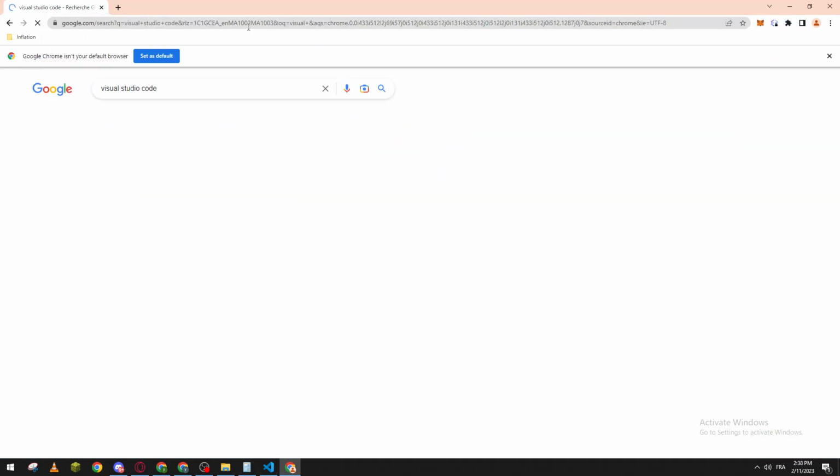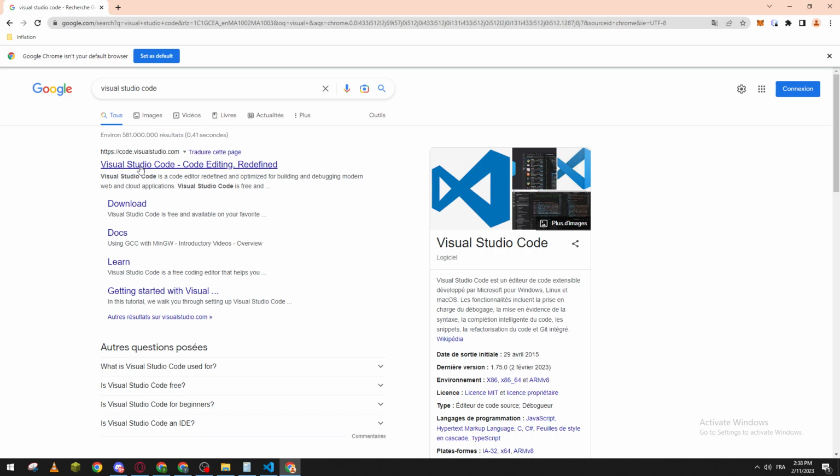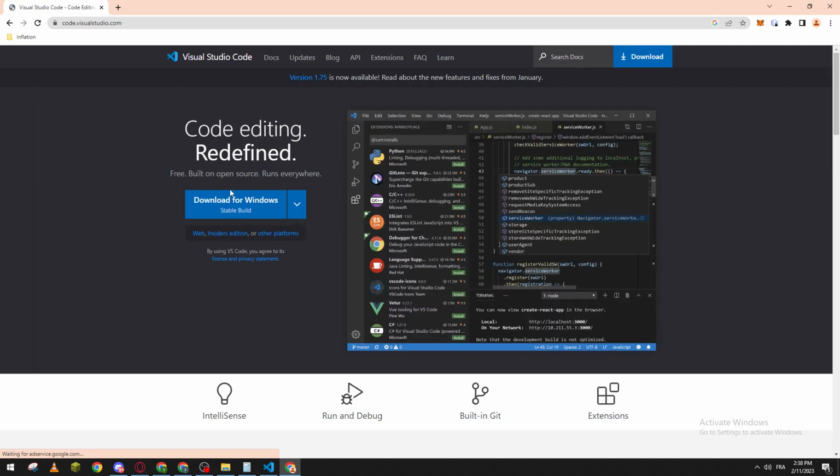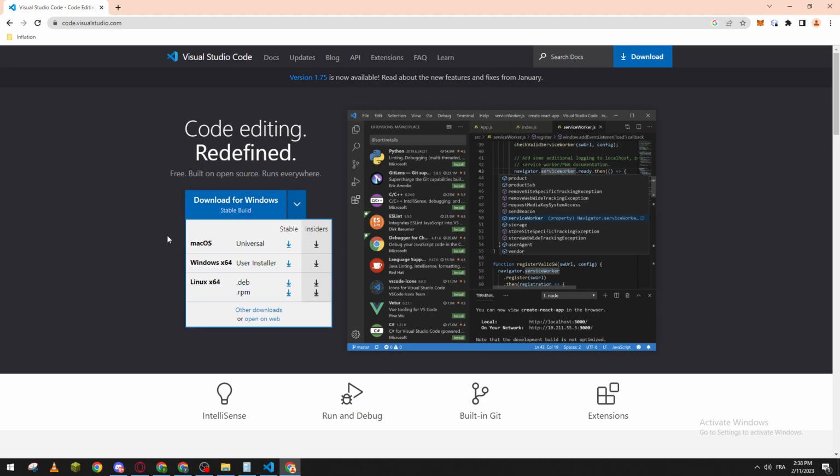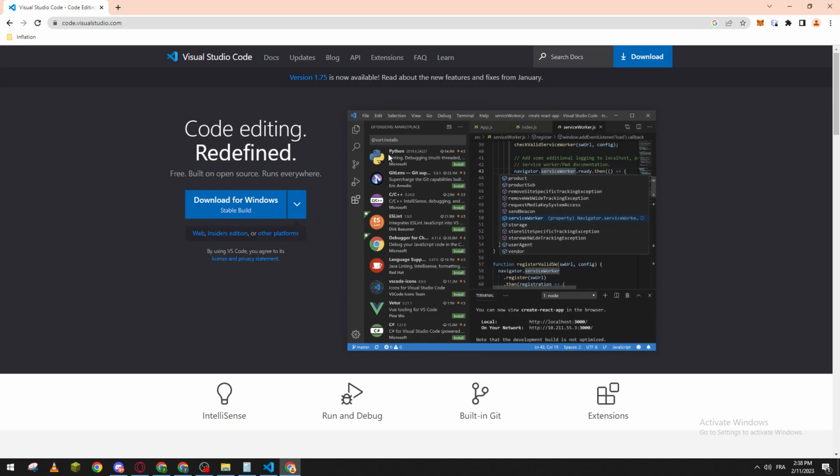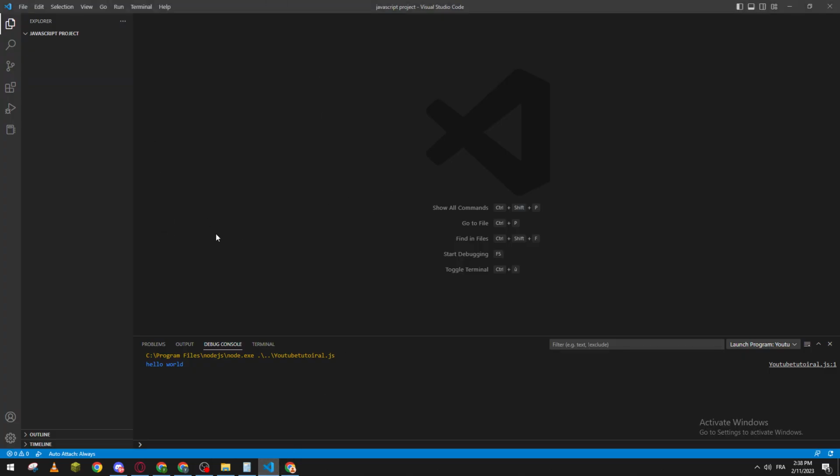So here we go, and from here I highly suggest you go to this website, and here you just click on download for Windows, or if you have any other, like Mac or Linux, you can as well download them from here. Now, as you can see, we'll have to open our program to install the Prettier